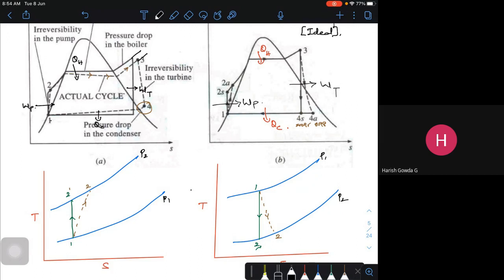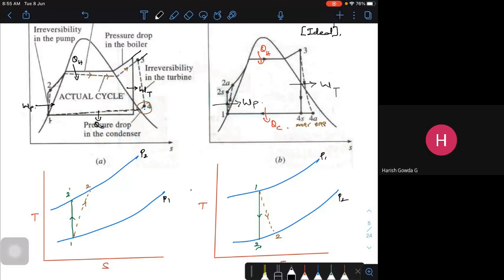If I'm expecting the pressure of the steam at the exit of the turbine to be around 0.9 or 0.7 bar, because that will be exiting to the condenser, it has to be much below atmospheric. If it is below atmospheric pressure, I could see a much better result. Instead, it may be near atmospheric pressure, so the heat loss in the condenser will reduce. That means I'll be following a path like this. This is the path I'm going to follow, the broken line path.